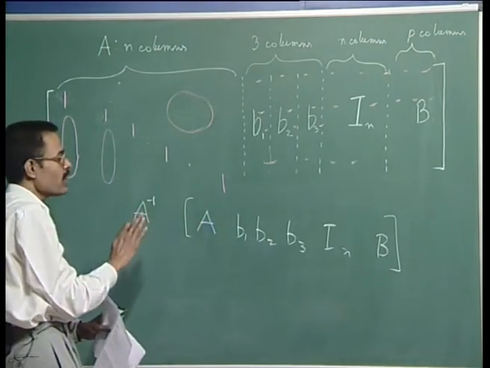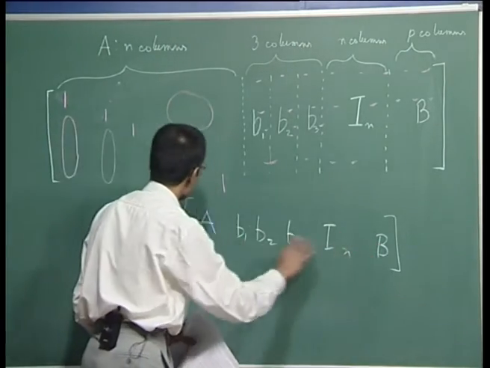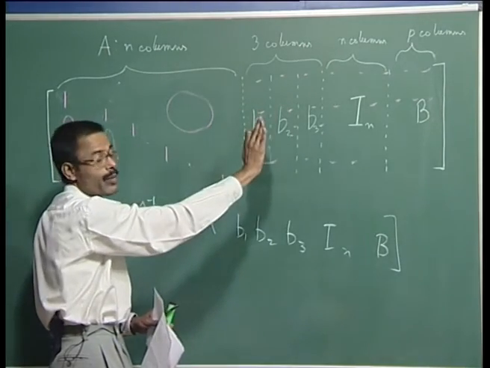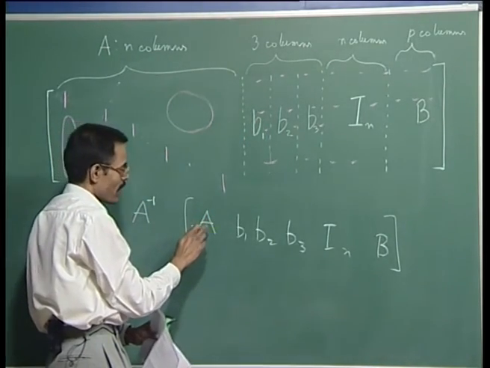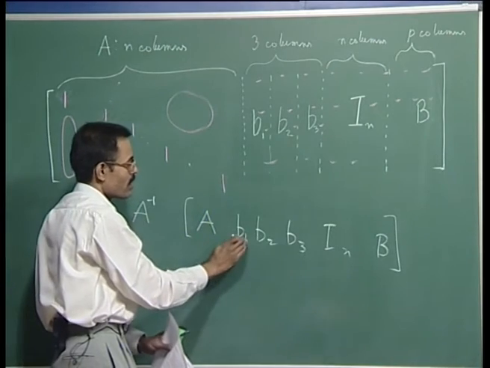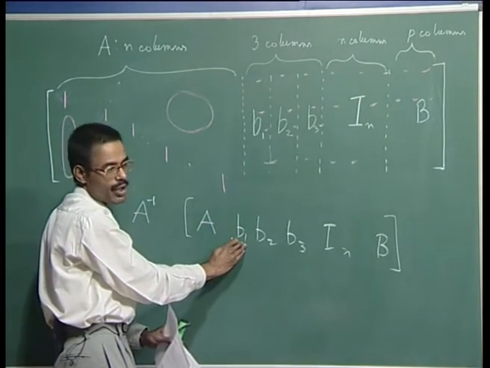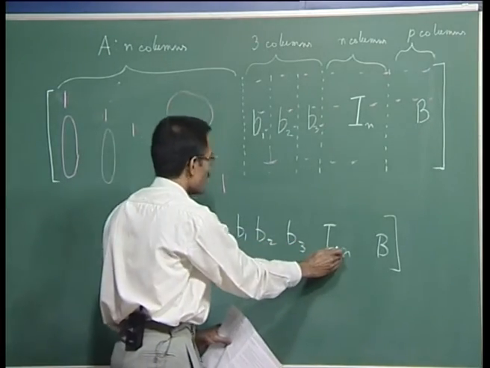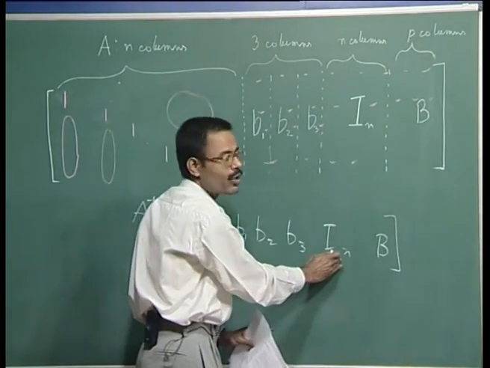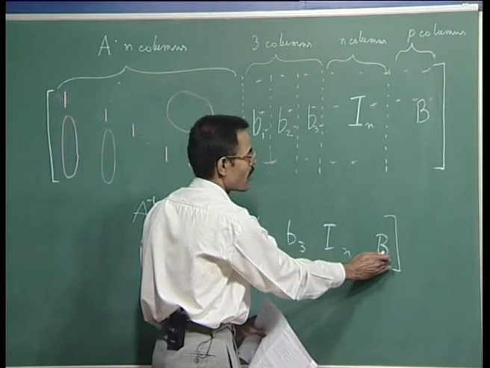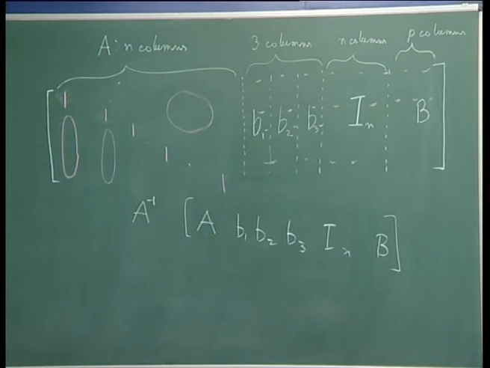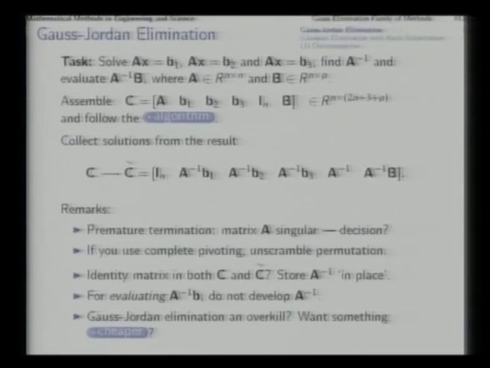That means effectively we have multiplied this entire large matrix with A inverse, and the result will be sitting in this matrix now, and that will mean that by the time we have got identity here, this will be A inverse B1, that is the solution of Ax equal to B1, similarly this, and this will be A inverse into identity, which means A inverse, and this will be A inverse into B. All the expressions that we needed to evaluate, all of them will be sitting here in the rest of the